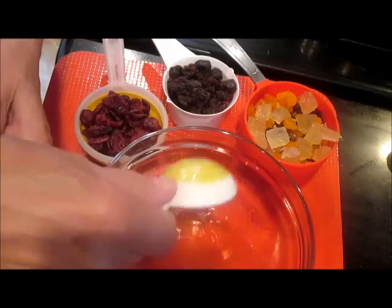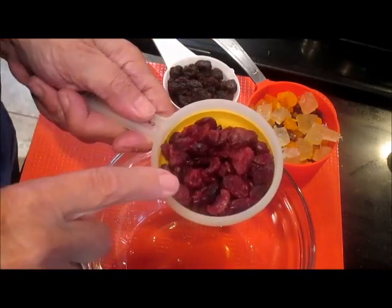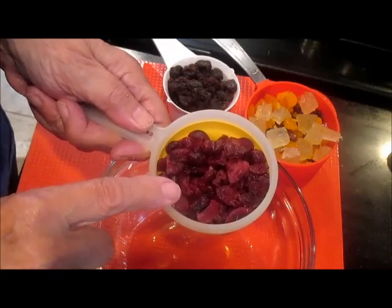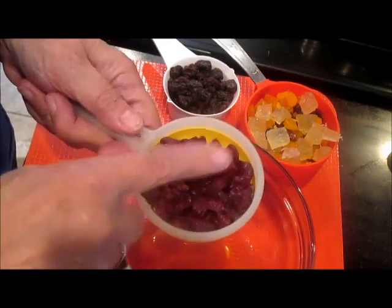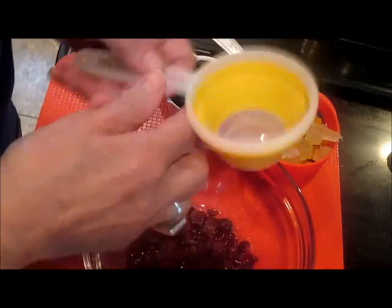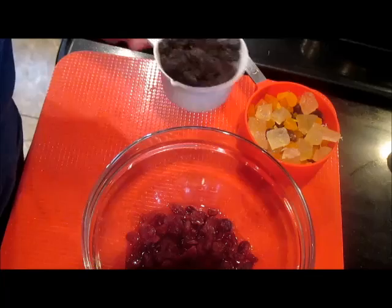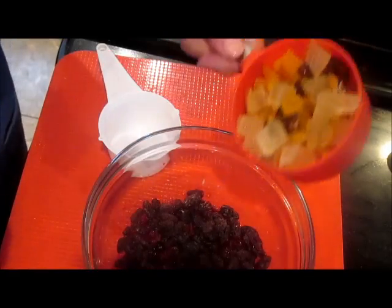Okay, the very first step to make my German Stollen is to mix 3 tablespoons of dark rum with half a cup of currants. I have currants here, but you can use cherries or cranberries, whatever you have available, they'll be fine. And then I have half a cup of raisins and a cup of dried fruit,